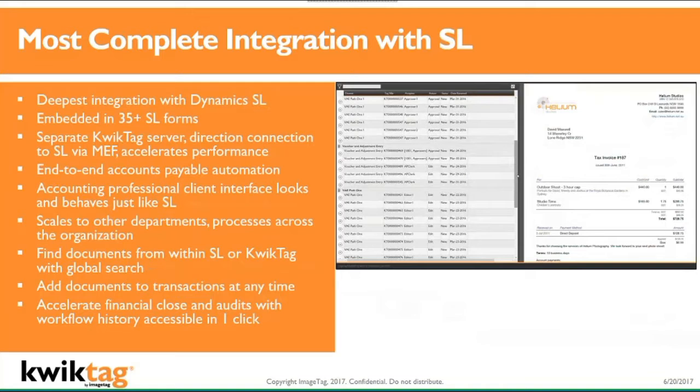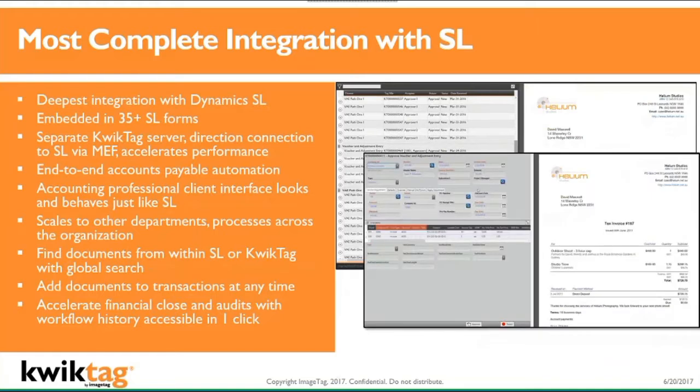Similarly with SL, we attach to about 42 different forms, and this is what your digital work queue looks like in SL. Again, we're not taking away any SL functionality. We live entirely separate. Our direct connection is supported via MEF, so we have very fast performance. We're not lagging your SL activity whatsoever. And we've built the client interface to look and feel just like SL in this case, and of course just like GP in the slide that I showed you before. So we'll take a look at those things in just a moment